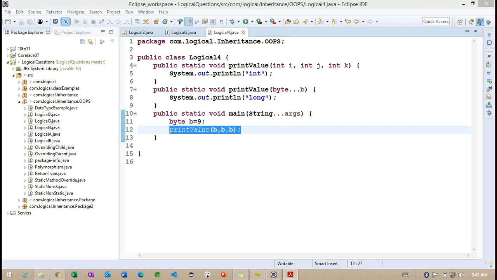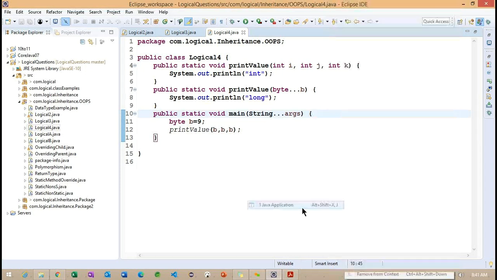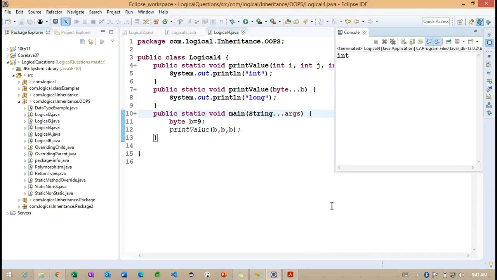Seventh line, sir. So 7th line. So something called long value we are going to get. Yes, sir. Okay, let me run the same example. Now you can observe we are getting int here. We are not getting the long here.